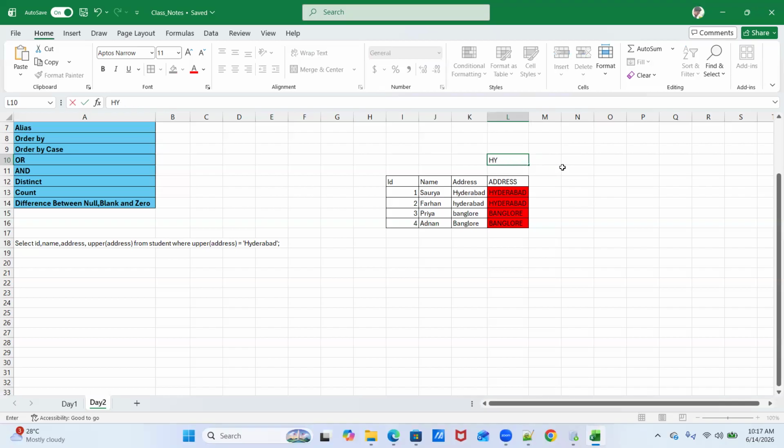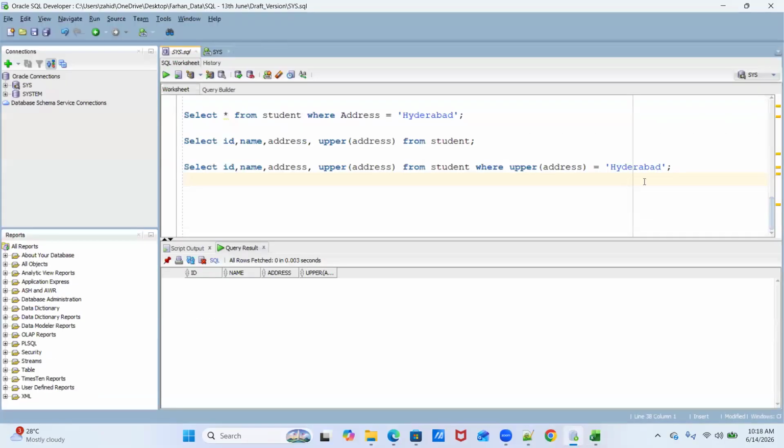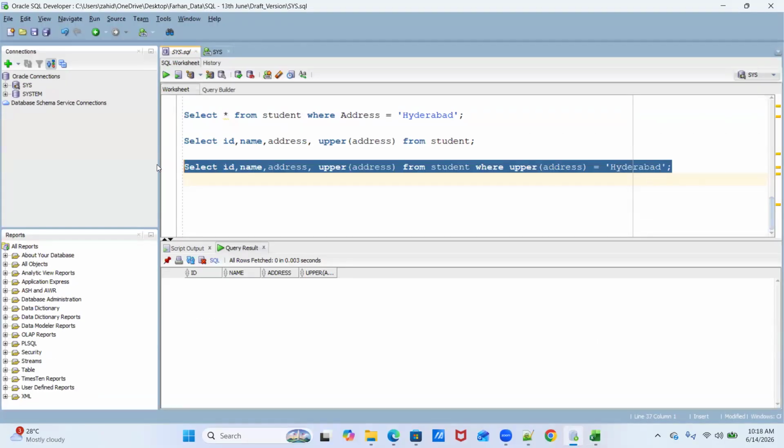So now if we search with HYDERABAD in this column, you'll see two matching records, the first two, and we'll get these two as the output. Let's convert this Hyderabad to uppercase.